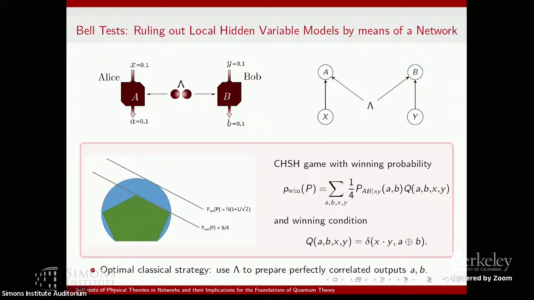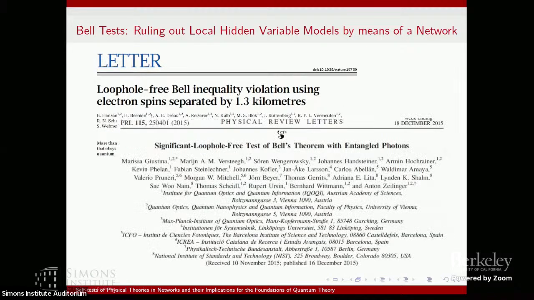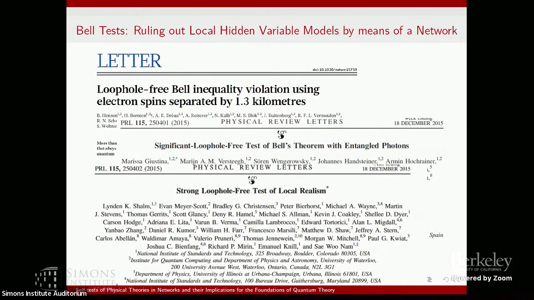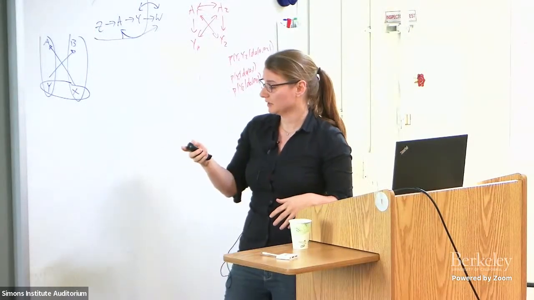And then, okay, this is something that we know has also been experimentally done. So there have been various loophole-free Bell tests, three main ones that I'm aware of, where people have really implemented those networks. And one of the difficult parts is to get the networks right by really having the people far apart, with space-like separation, and to really get